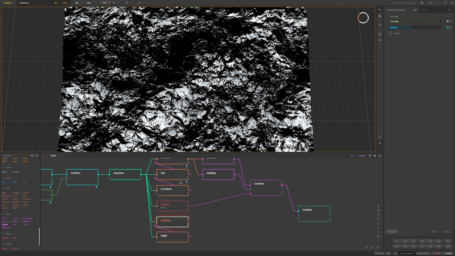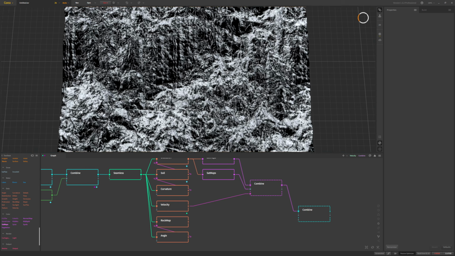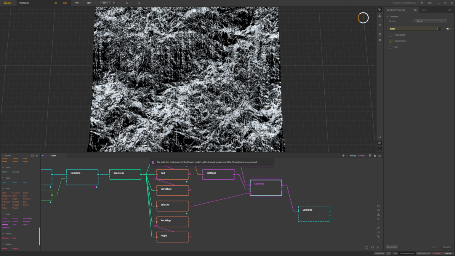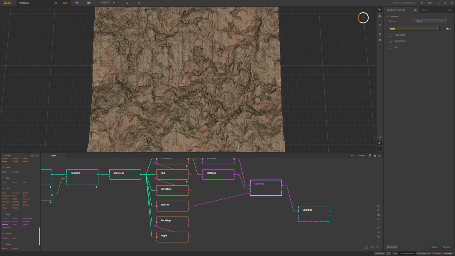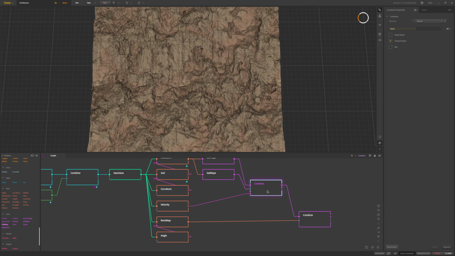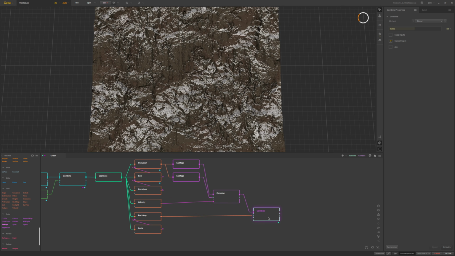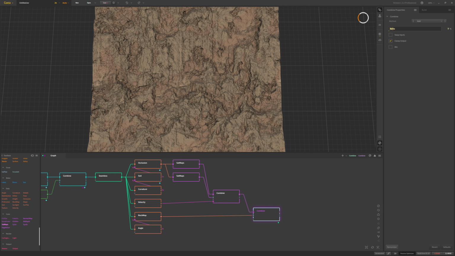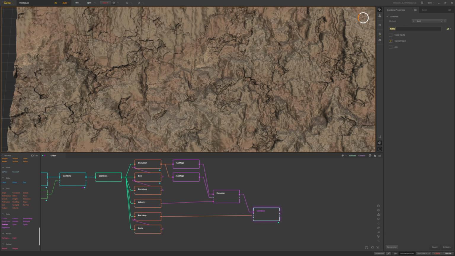And then we'll just use our plain old velocity map here that we had before for the coloring breakup. And then I'm going to use this rock map, combining on top of everything we had before. But this time, this combine is just going to add brightness on top with a very low value, maybe something like 10 or 12, and it's adding a little bit